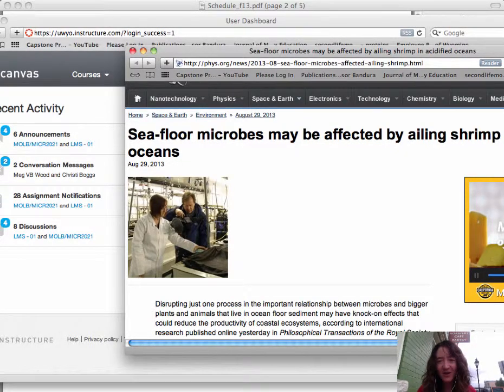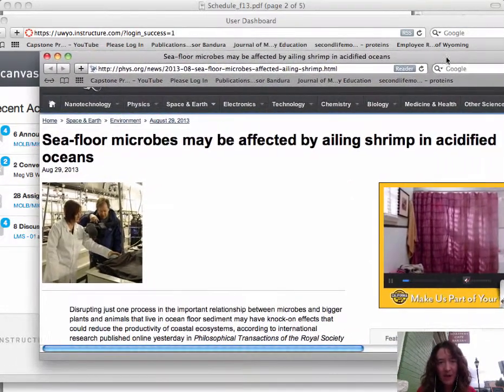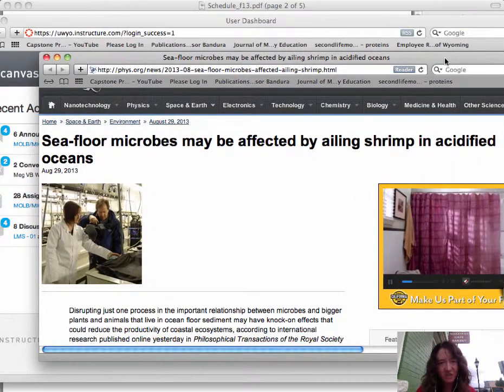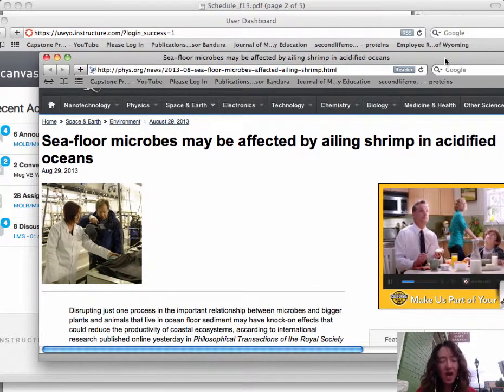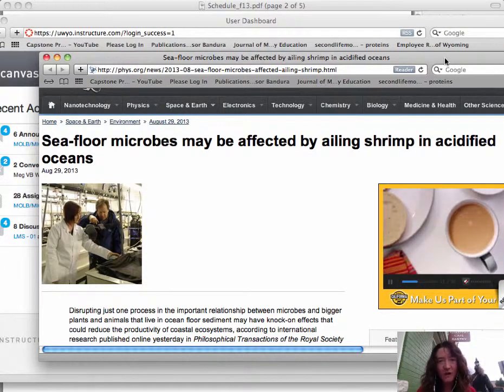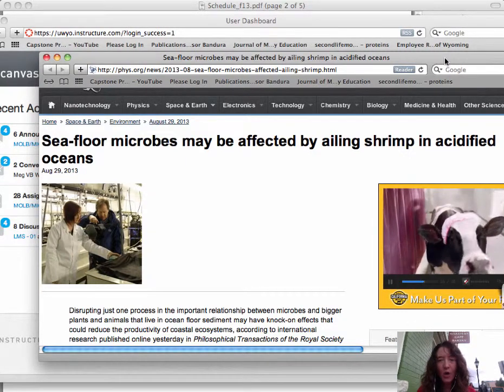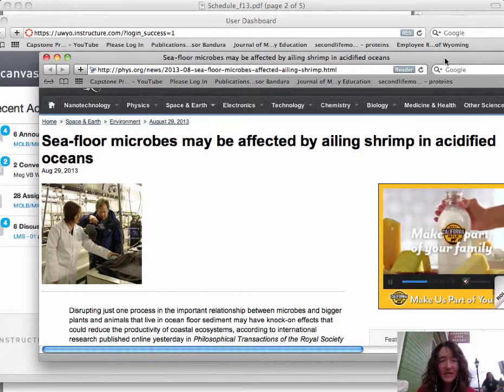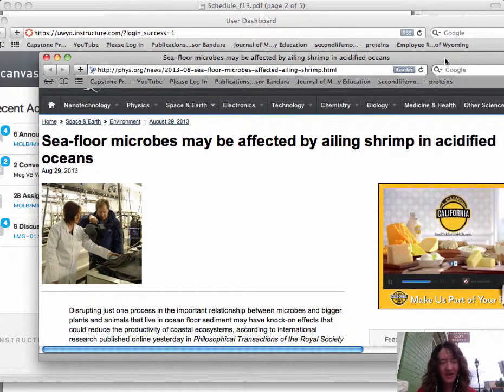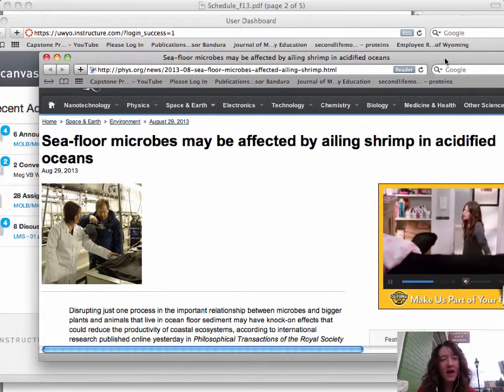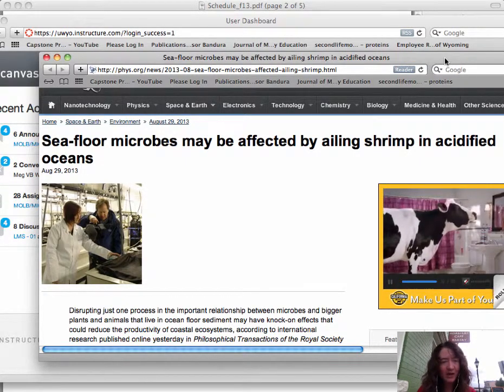So I thought before I jump into that, I'd give you a little heads up on some current events that I found pretty interesting. With the increasing rise in global CO2 levels, one of the things that causes is acidification of the oceans. And what that seems to affect is the shrimp population in benthic regions in the ocean, meaning bottom-dwelling regions. And that correspondingly seems to affect those microorganisms involved in nitrogen cycling. So a great example of how changes in CO2 concentrations can have a large impact also on other nutrient cycles that may involve ocean-dwelling microorganisms.